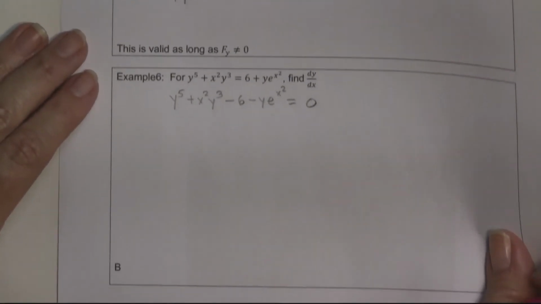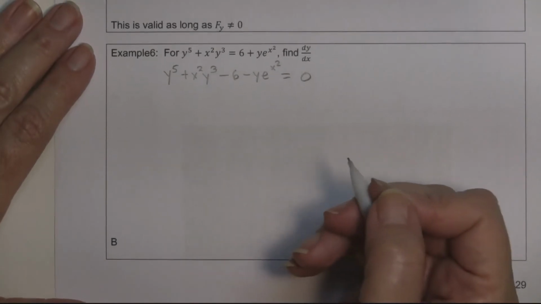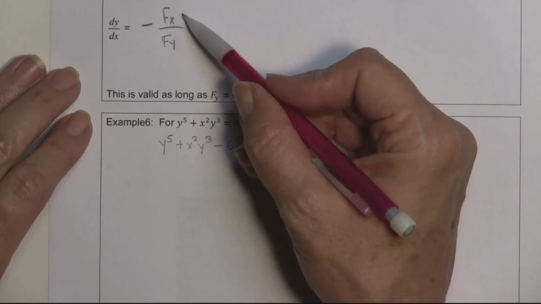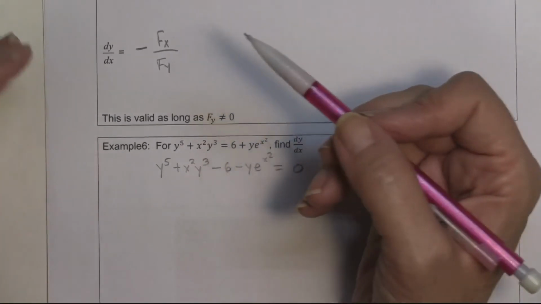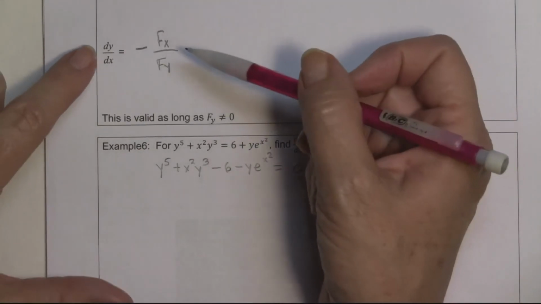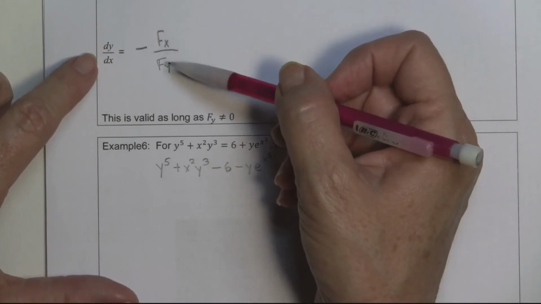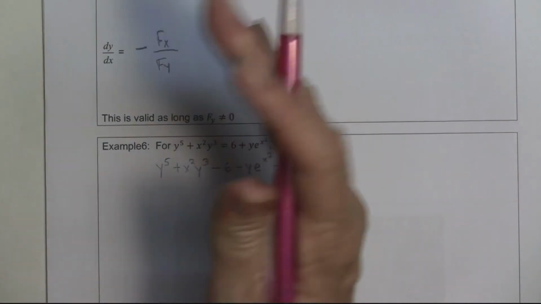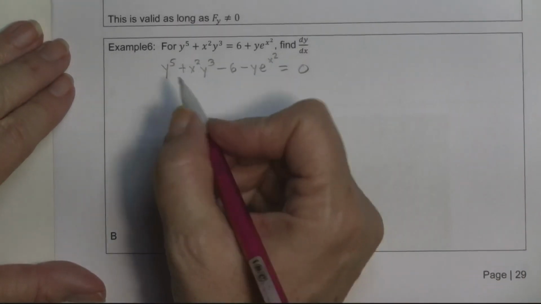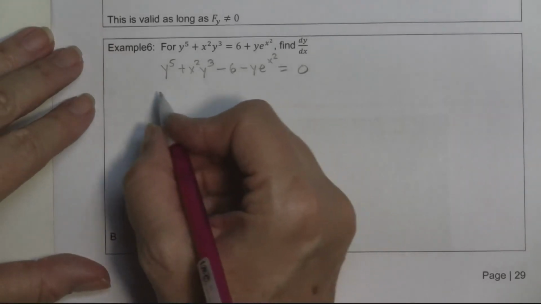And then I want to take the partials. And so the partial with respect to, because I'm going to use this formula right here. And this was really bothering me. I mean, I know that we proved out what it is, but I look at this and I would have been happier if it was y over x, but it's not. And so I'm grateful that I get a note sheet that I can write that on. Otherwise, I'd have to put it on my hand right here. Okay, so